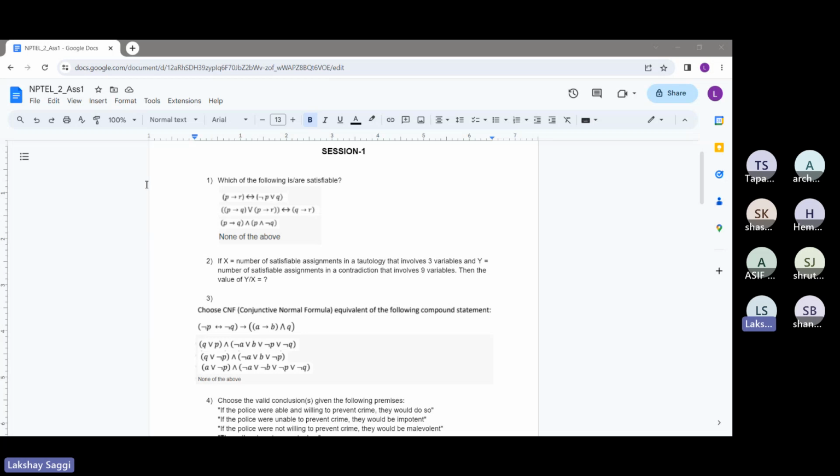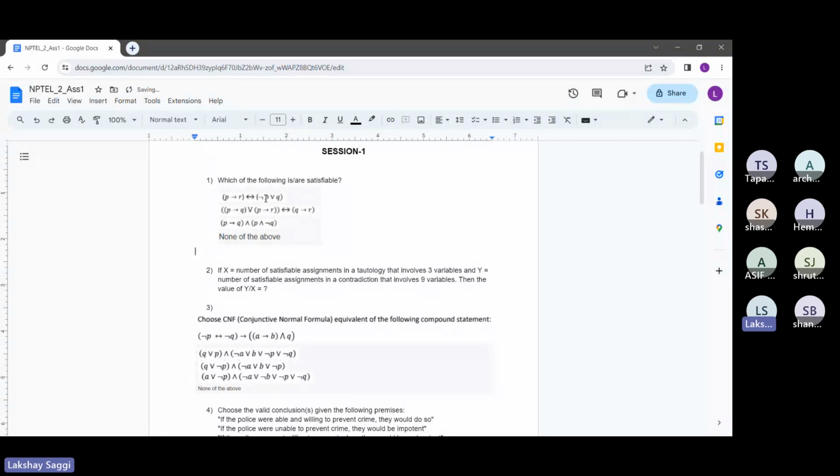I'll get started with discussing the problem statements. The sessions will be like this only. I have some problem statements prepared and I'll discuss them with you, and you can ask doubts about the solutions. If you have any other doubts over the week, you can also ask me in the chat box and I'll try to answer those in the session. So firstly, let's start with these problems.